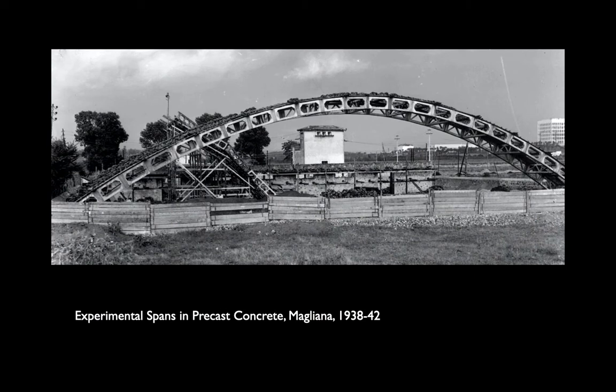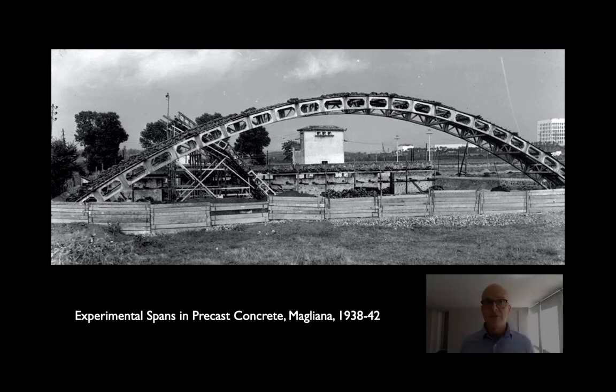Well, he had been commissioned by the Italian Air Force in the early years of World War II to design and build hangars for the Italian Air Force, for their airplanes. The country had no access to steel. Italy doesn't have a native steel industry. And because of embargoes that had been happening since the 1920s against the Italian regime, they couldn't import large quantities of steel either. And Nervi solved the problem of how you make long span hangars in a country with no steel